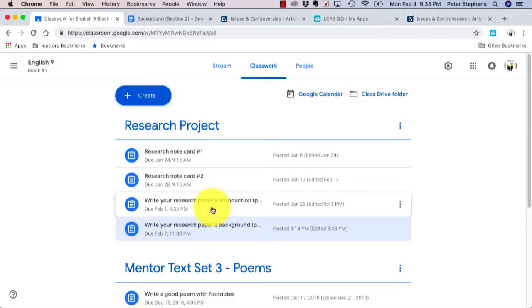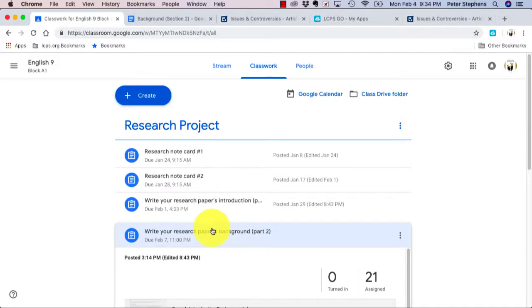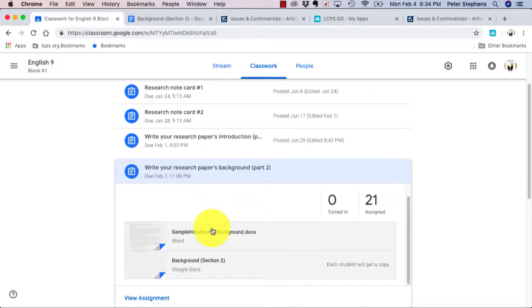The first part was write your research paper's introduction. Now you're going to write your research paper's background. When you click the assignment, you'll see this video, which will show up later, as well as that sample introduction and background paper, and then the background itself. This is where you're going to type it. You'll click it,